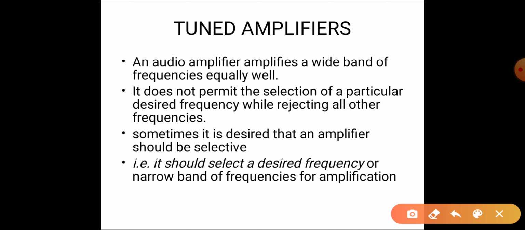Sometimes it is desired that an amplifier should be selective. In the case of television or radio receivers, the amplifier is desired to be selective. Means what? The amplifier should select a particular frequency and reject all other frequencies. So for example,